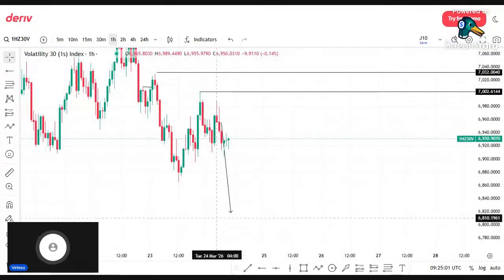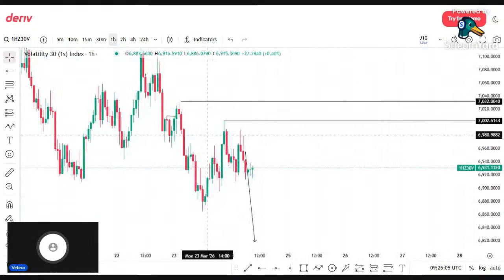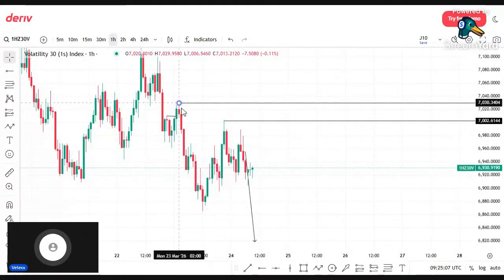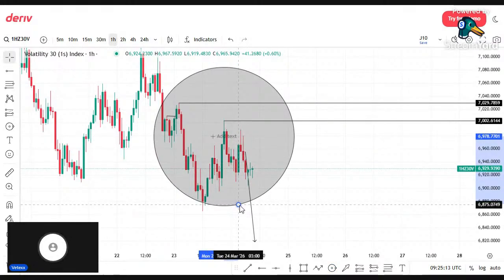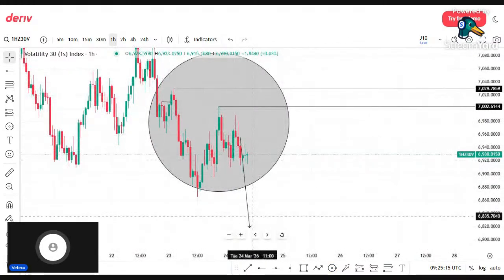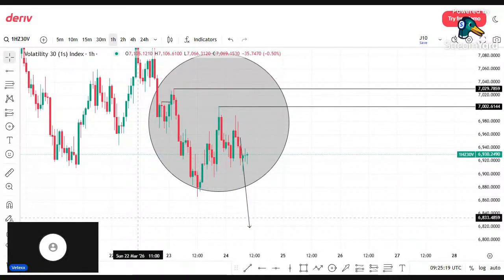If price breaks this structure, then we have this setup, but this is not up to 50% retracement, so we can't work with this. So we can only work with this one at the moment, just this one, yes, if it breaks this structure downward. So this is what we'll be anticipating on V31 index. So the next pair I'll be checking is what